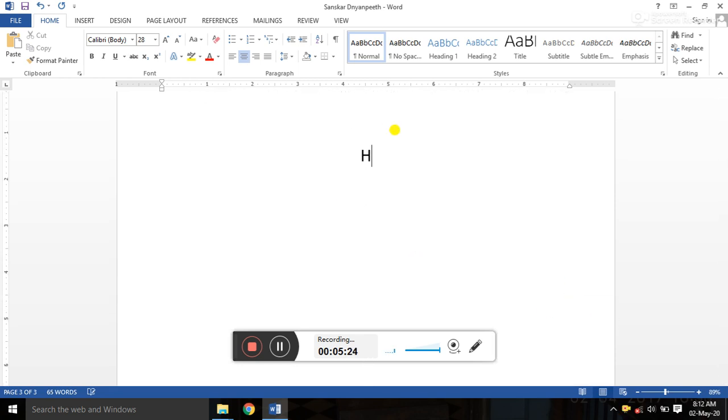If I want to type H2O here, while typing that H2O, the 2 is a little bit below the actual line. To take that 2 below the actual line, click on the subscript option. Now see, H2O has come, right, student? I want to give one more example.